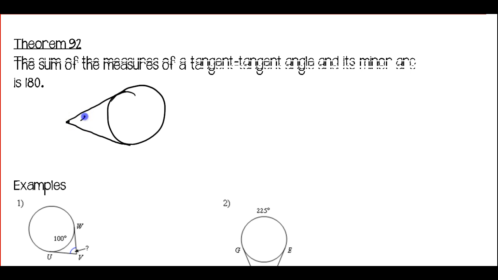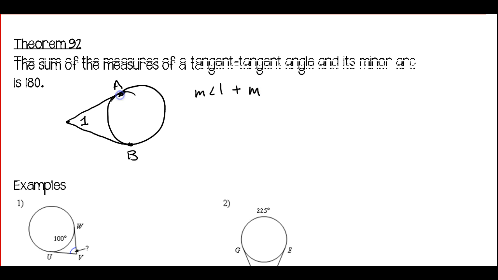We'll call this angle 1. We'll call this point A. We'll call this point B. So our theorem says that the measure of the tangent-tangent angle, so the measure of angle 1 plus the measure,